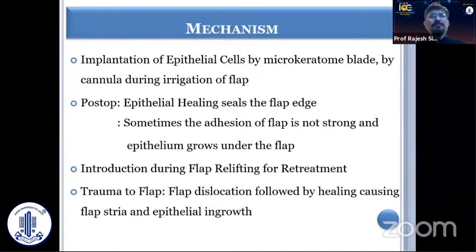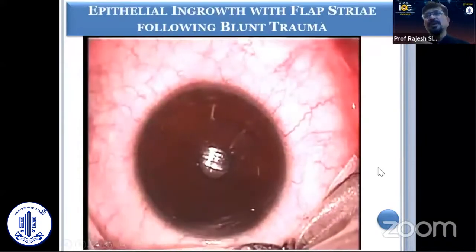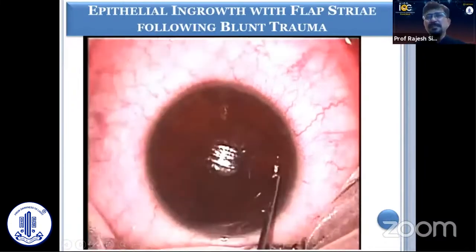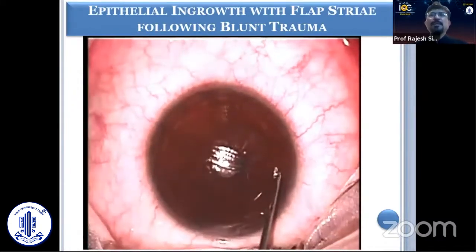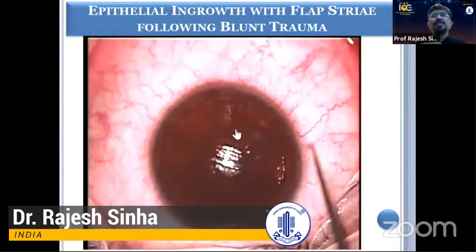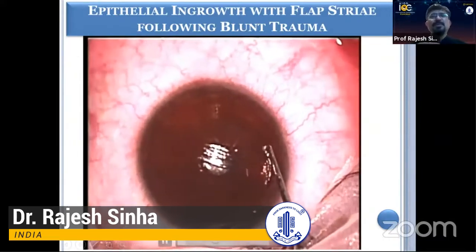When you do a relifting of the flap for retreatment, you can introduce epithelial cells, and if there's a trauma to the flap, sometimes, as in this case, this patient came to me after a week of trauma. The patient suffered trauma, and then after that came with a complaint of visual problems. And as you can see here, there's flap stria, there was flap dislocation as well, and so in this case,